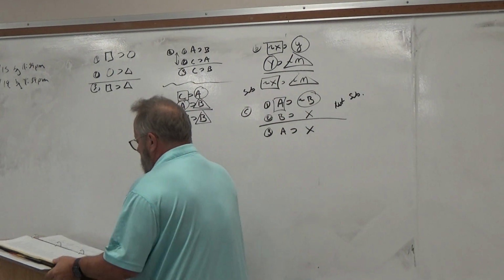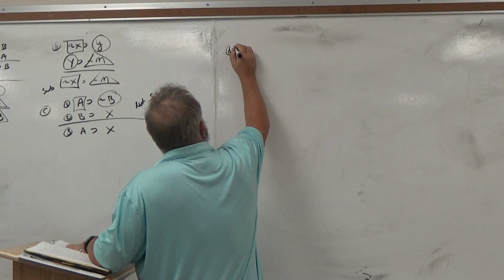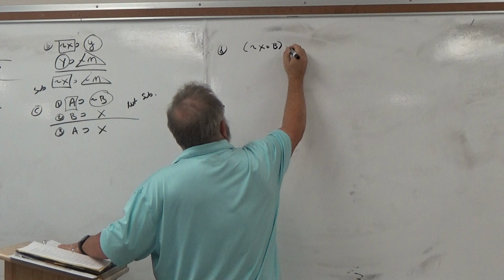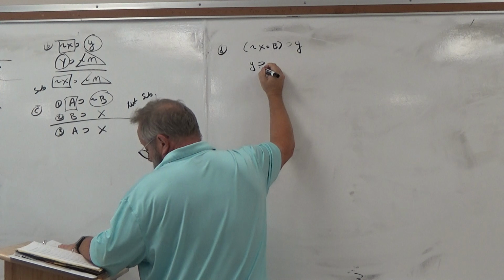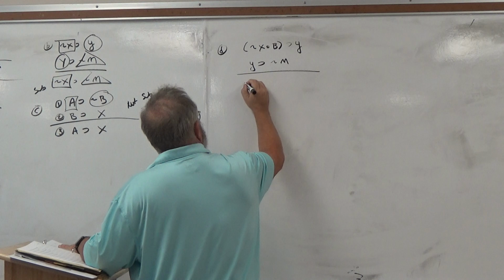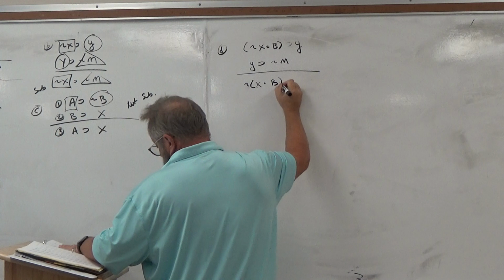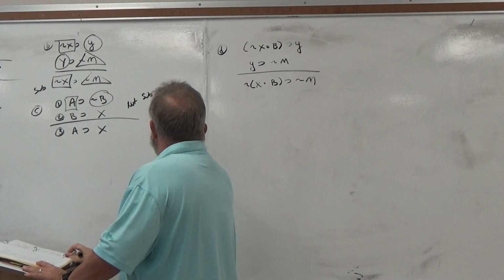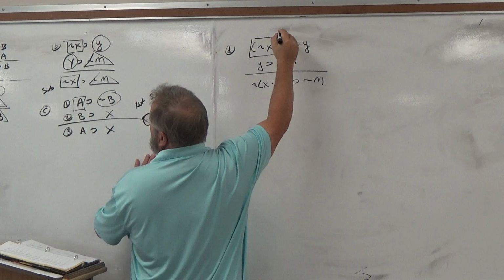And now let me do 2D. Okay, 2D, I have not X and B, then Y. I have Y, then not M, and the conclusion is not X and B, then not M. Okay, first thing is a conditional, second thing is a conditional, that's good, and that match, so box, then circle,